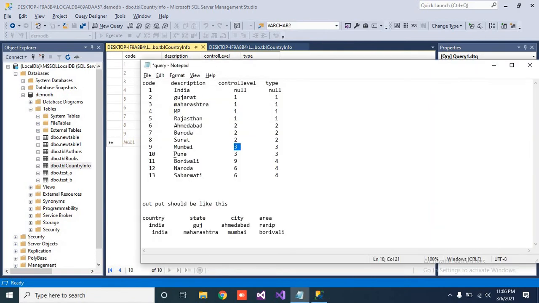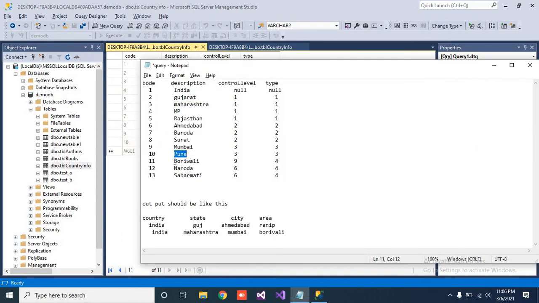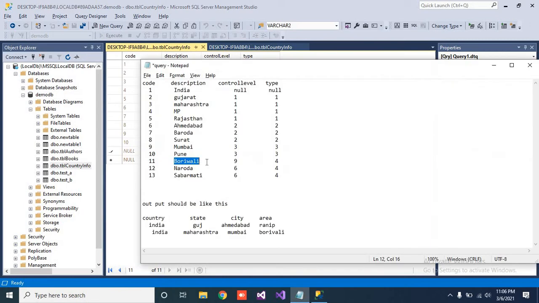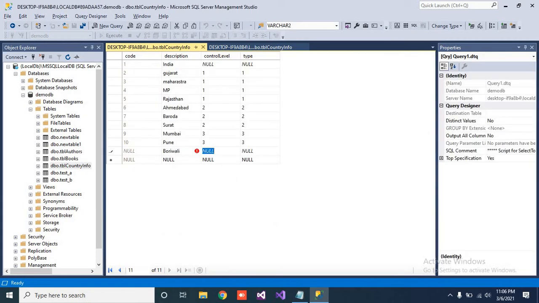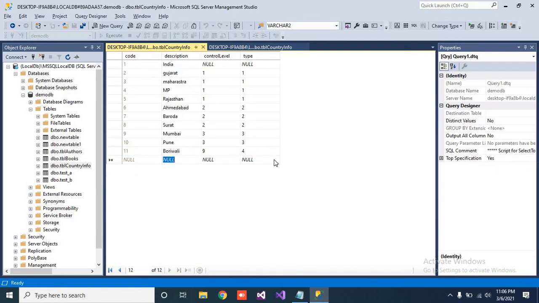So next one is Pune. Then Borivali, which is the area of number 9, meaning Mumbai, and its type will be 4, which denotes area.